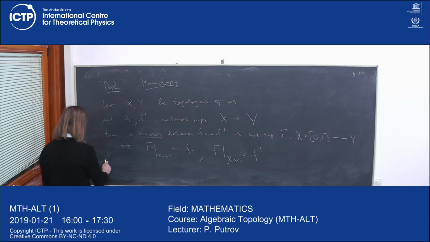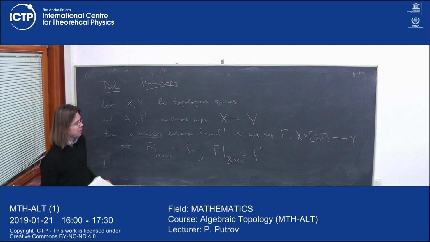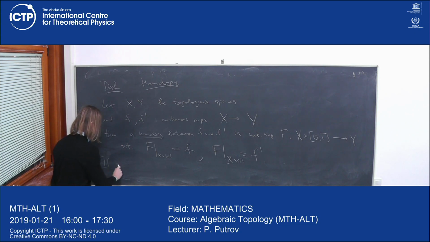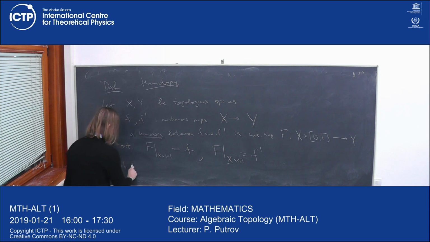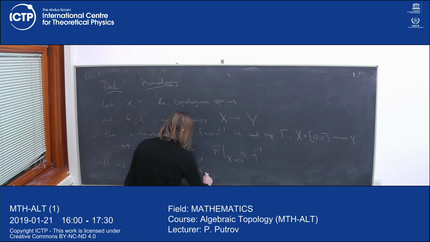So this was the definition of homotopy. Suppose you have a pair of continuous maps from X to Y; if such a homotopy exists,